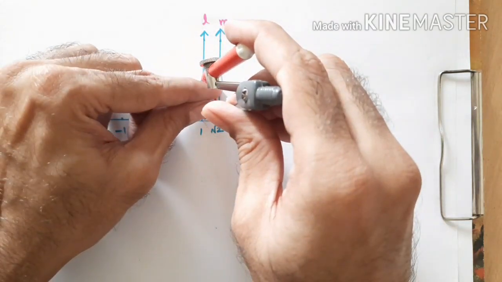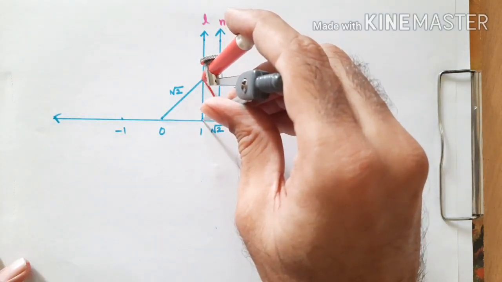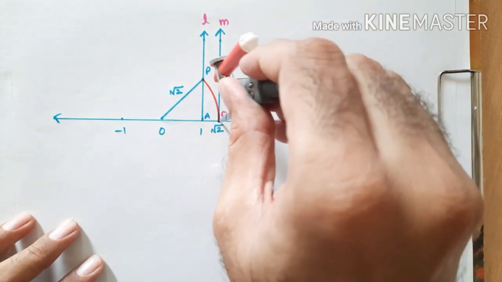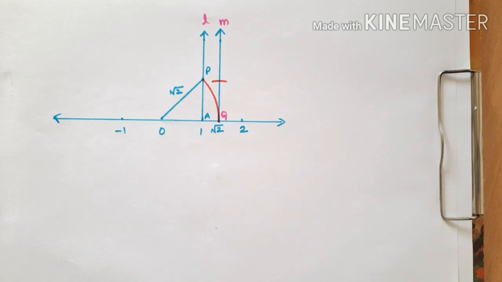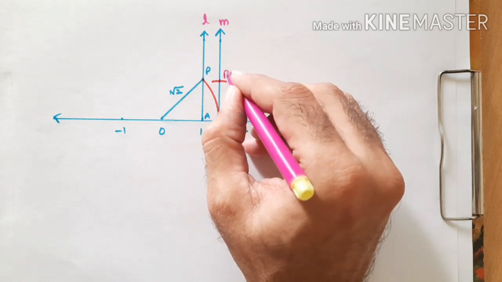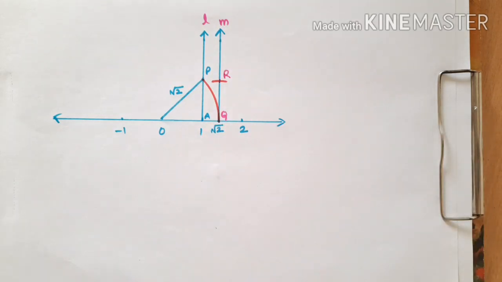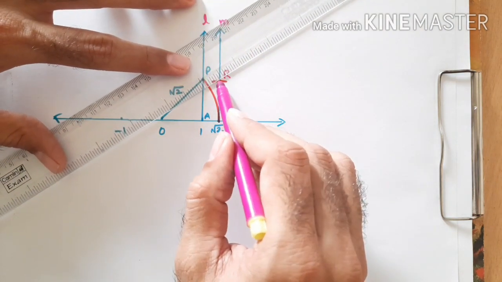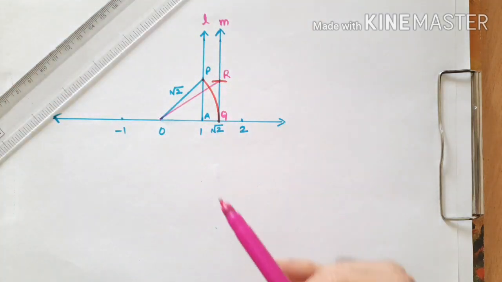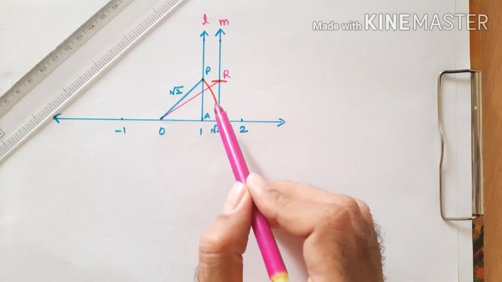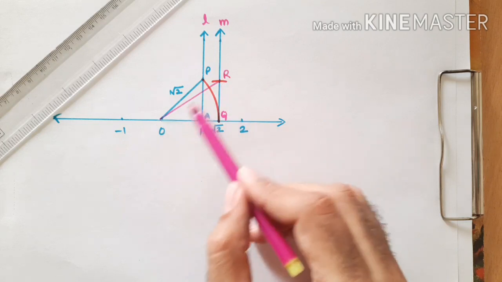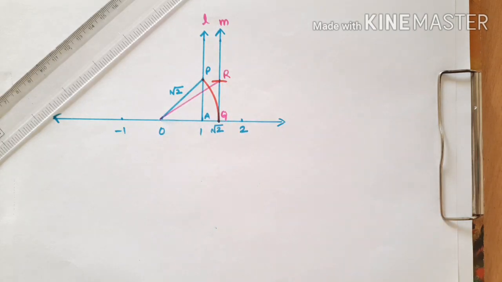Yes, this previous distance is also of 1 unit. Again we will keep the point here at point Q and draw an arc. So this is the distance of 1 unit. Let's mark this intersection point as point R. Now we will join segment OR. Now this triangle RQO is a right angled triangle. Now we will find the hypotenuse OR in this right angled triangle.